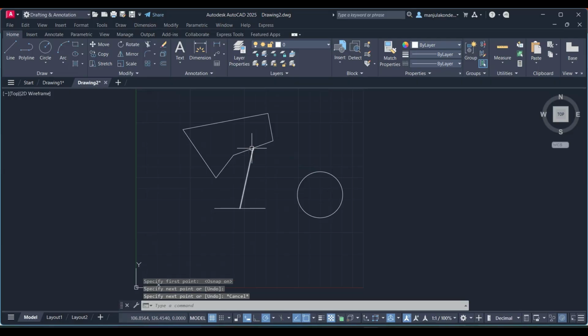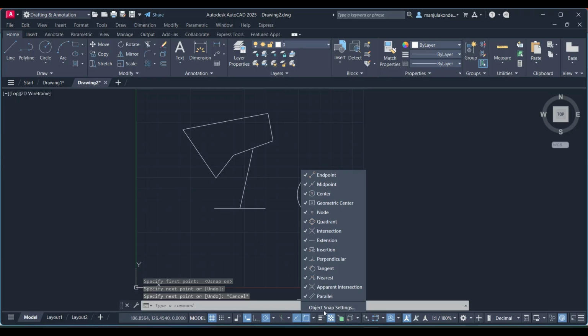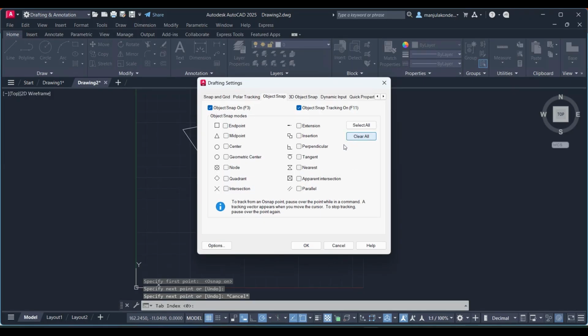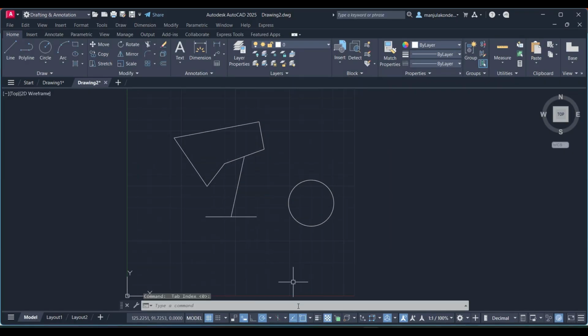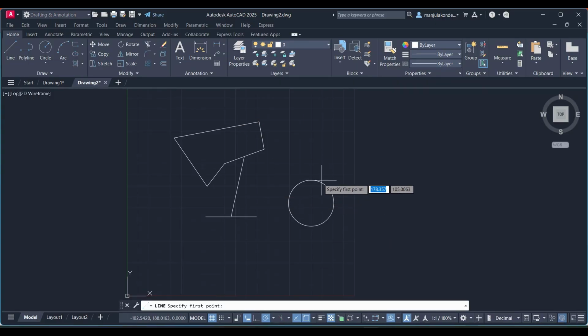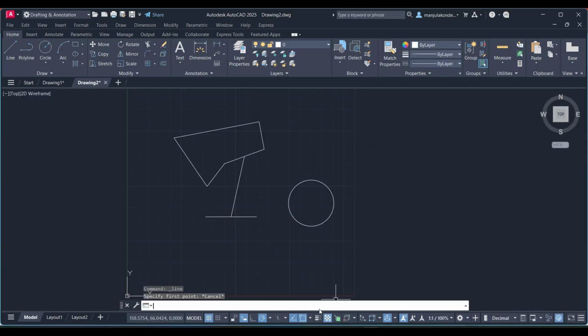In case you are not able to see any particular point, then you just click on the settings, object snap settings, clear all. In this case I just turned on the endpoint and center point. It doesn't mean that if it is on it always shows. You have to make any tool current, then you can access the center point and endpoint, not the midpoint and quadrant point. So make sure that whenever you are working with AutoCAD, you go to the snap settings option and